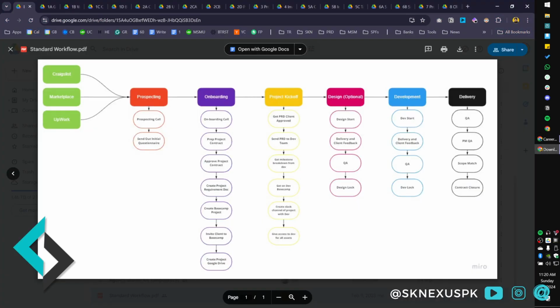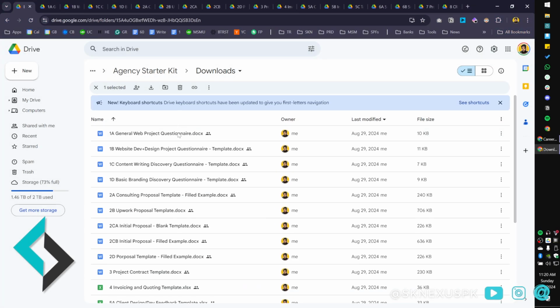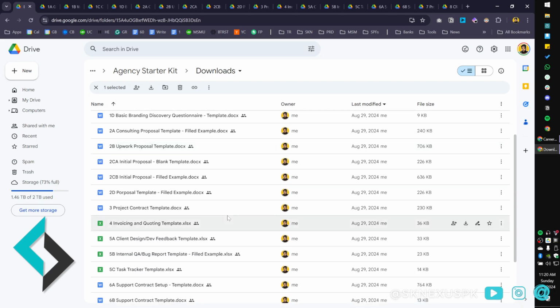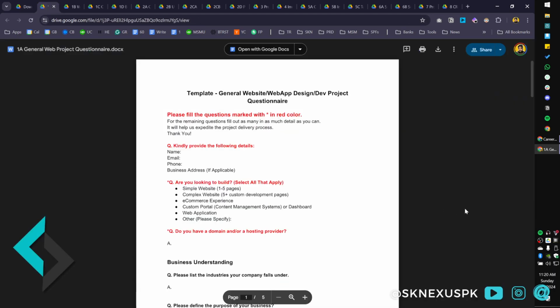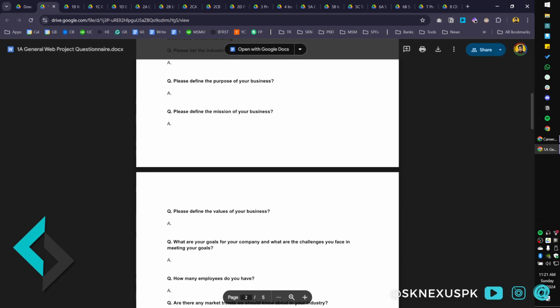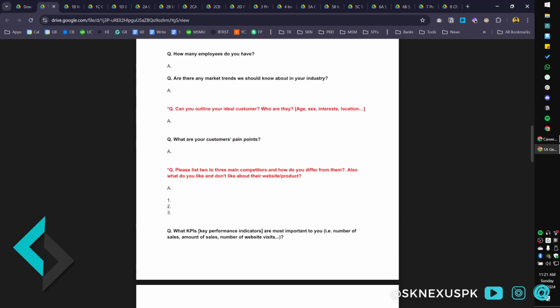Alongside this, you will get access to more than 15 templates I have prepared over here. And I'm going to quickly walk through them right now and give you an overview of everything. So first step, as I said, is you send questionnaires. So I have a few examples here. And the goal is, depending on what kind of agency you want to open up or what your core focus is, you can mix and match and edit these templates to fit your needs. That's why I'm trying to provide as many options as possible. So these are a few questionnaire templates. And as you can see, you send this to the clients before they're onboarded to gather their requirements.